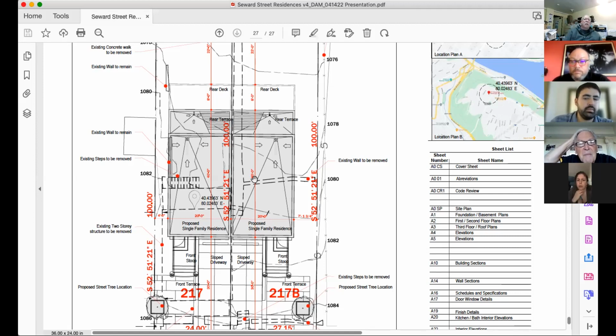What are you doing for parking? How are they set up? It's a sloped driveway with a garage underneath. So there's no space for on-street parking. I was just there, and there's only that one little divot right now. I wasn't sure if that's in front of that or not. It is in front of that, and that will remain, but the driveways will be from that divot down to the property. Okay, because that's been a big concern: when they put in the other homes, we're running into so much runoff.